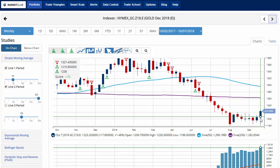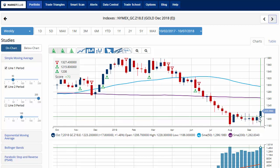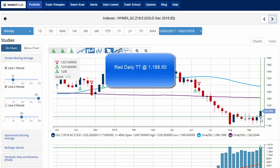downtrend, currently trading at 1,223.20, up about 1.5% on the week, making another gain off a 0.8% gain last week, pushing the chart analysis score to +75 or +70, indicating that we are in a short-term up position for gold. And your key level to watch would be 1,188.50. A move below that level would issue a red daily trade triangle, indicating a move back to a sidelines